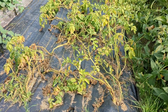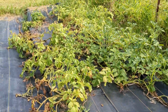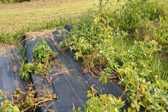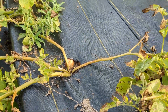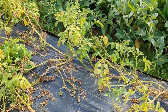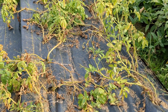Y'all, today we have a really big project. We are going to harvest the potatoes. I have struggled with this a lot in the previous years, but I added a few amendments and things to try and get better, and it actually looks like we might have a few potatoes. So we are going to get these harvested, and hopefully we have quite a lot. We have two different varieties here, and I guess we will just get started and hopefully we have a really